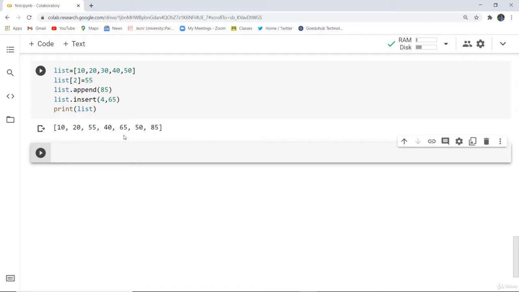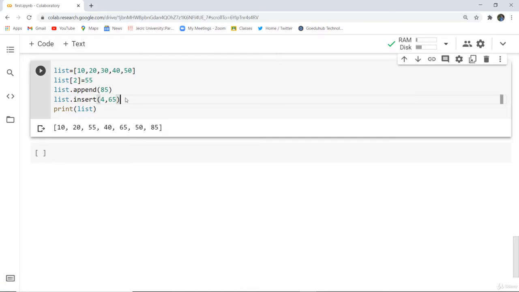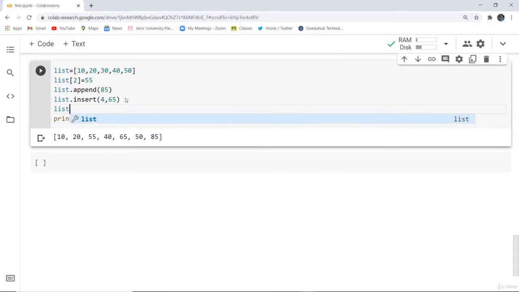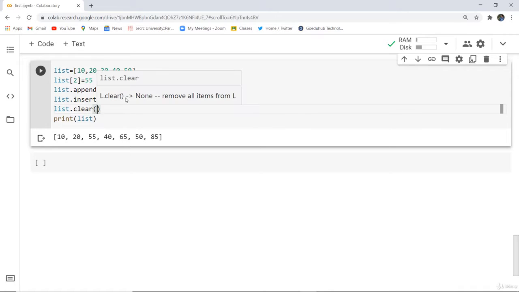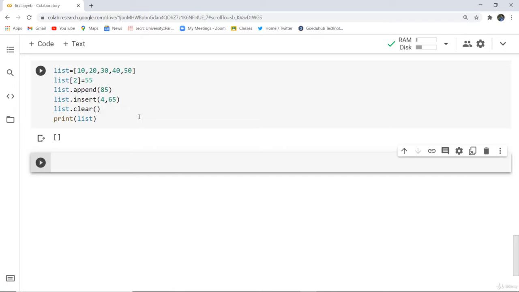And there are other functions which we have discussed, such as the clear function. So how can we use that function? Let's say list.clear, and next when I execute this command, here you can see it is empty. That means all the elements have been cleared. You can use other method names also. It is very simple to use, and this is all about the list data type in Python. The next data type we will discuss in an upcoming video.